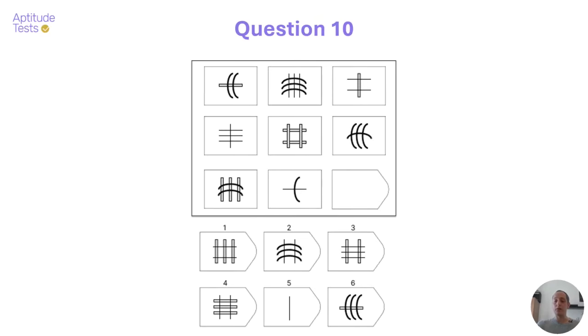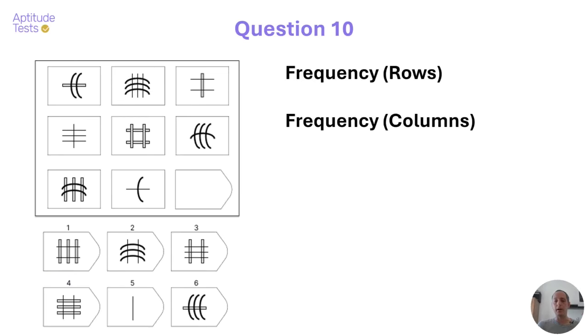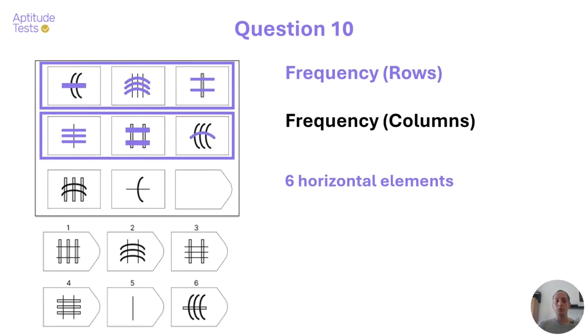Okay, one final last question. This is, in my opinion, likely the most challenging question in this entire practice test. Take a moment, pause the video, think it through, and we're going to move on to solving the question. Right, so the correct answer in this case is answer number 4, and the patterns here are 2 different frequency patterns across the rows and the columns, and we're now going to start looking at them one by one. So we're going to start with the rows, and we'll see that we have 6 horizontal elements in